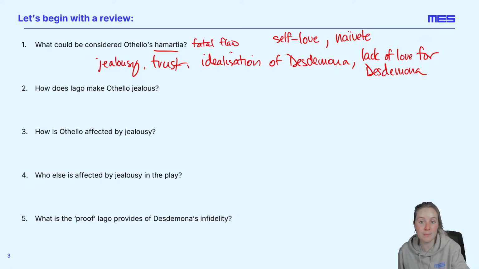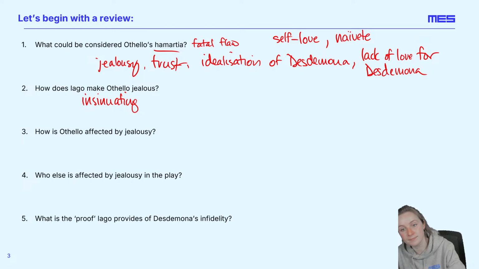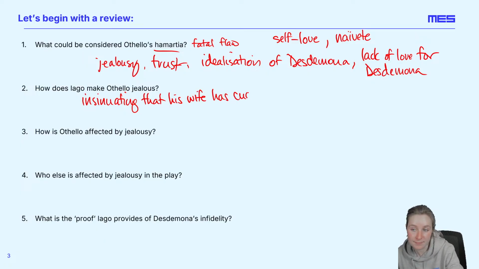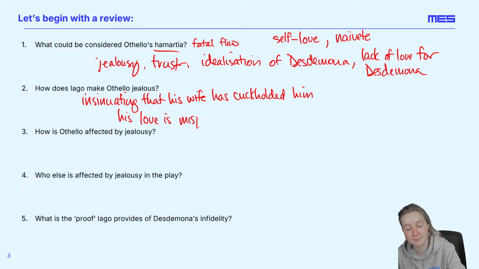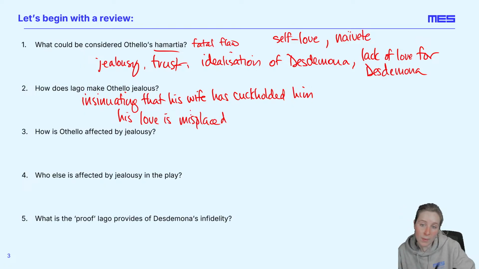How does Iago make Othello jealous? By insinuating that his wife has cuckolded him, and that his love is misplaced. So interestingly, when we looked at our lesson on Othello and jealousy,